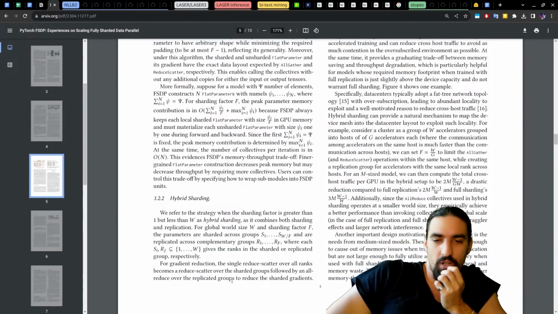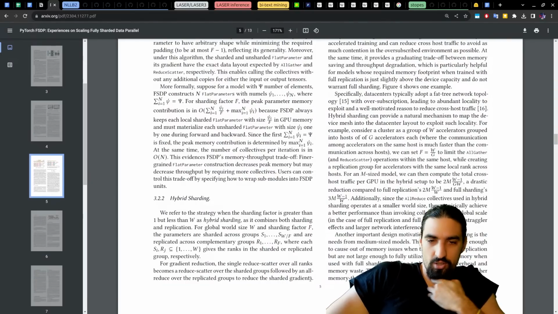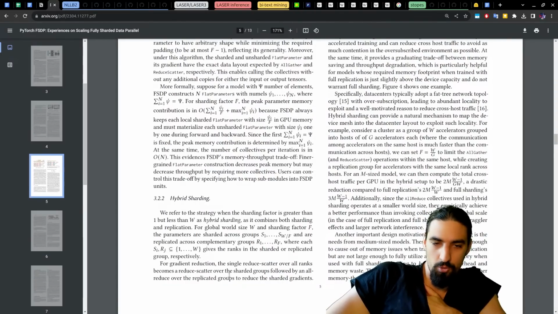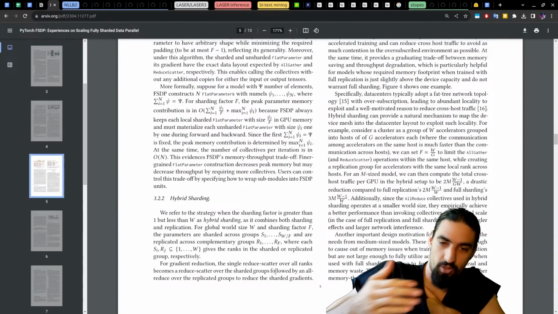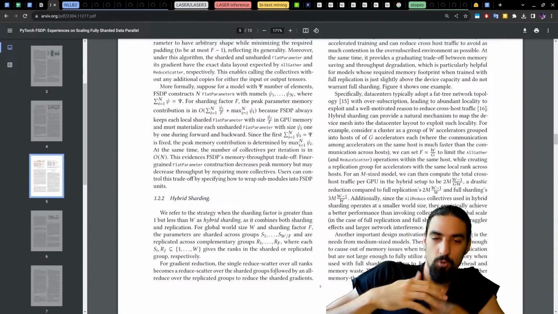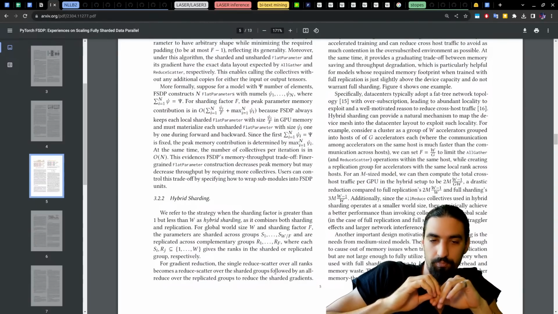For gradient reduction, the single reduce-scatter over all ranks becomes a reduce-scatter over the sharded groups, followed by an all-reduce over the replicated groups to reduce the sharded gradients. Okay, so reduce-scatter over the sharded groups because you want to do the computation of gradients. That's why you have to do reduce-scatter.